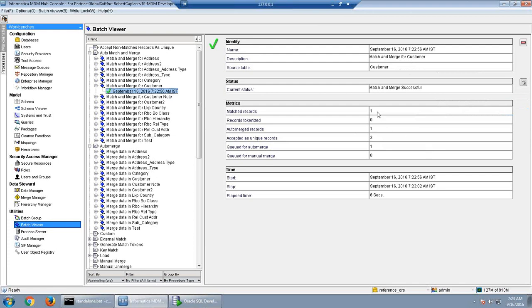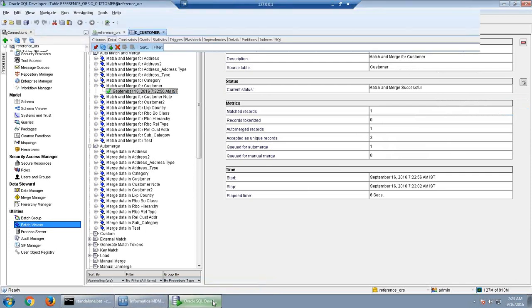So here you can see the matched record. There is one matched record, queued for auto merge is 1, and accepted as unique record is 3. So 3 records have been accepted as unique records. Now if I go to SQL Developer, I can see the consolidation indicator value changing to 1.